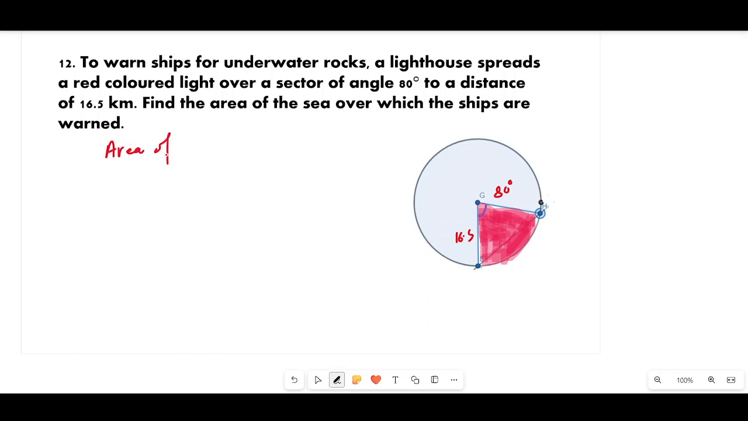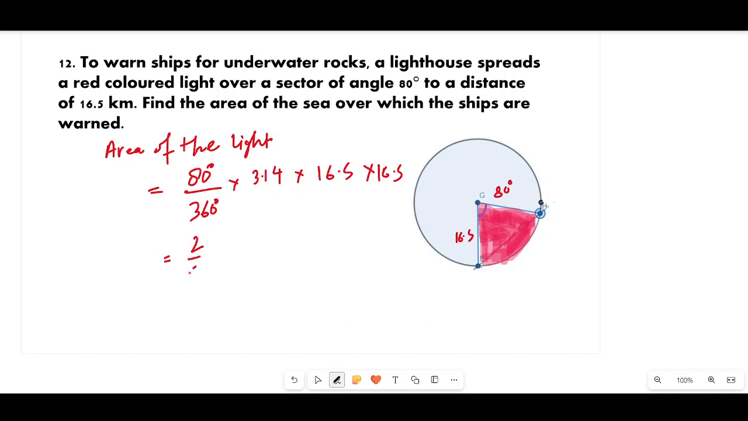Area of the light. Clear? Now what is the area of the light? 80 degree by 360 degree and pi r square, so pi we can take 3.14 and r square 16.5, so 16.5 two times. Now if we solve it, we can get 2 by 9 and here 3.14 into here 16.5 square and